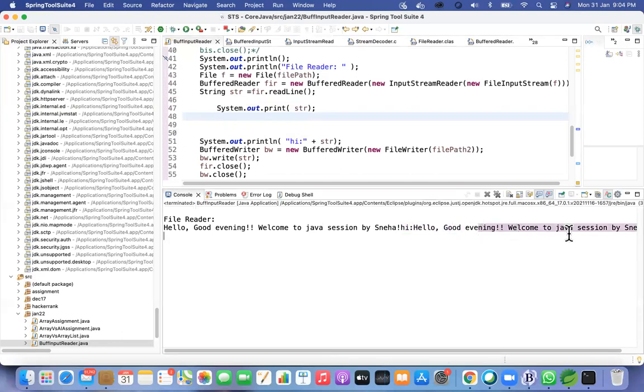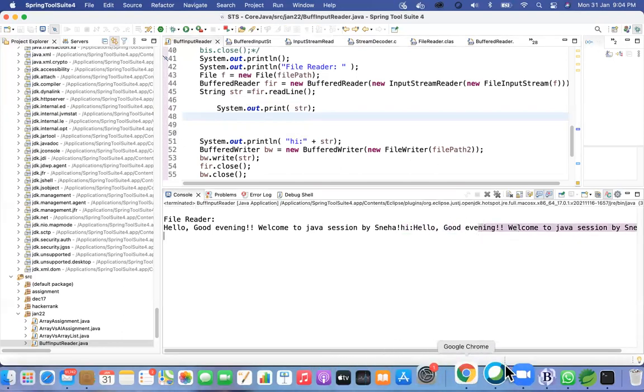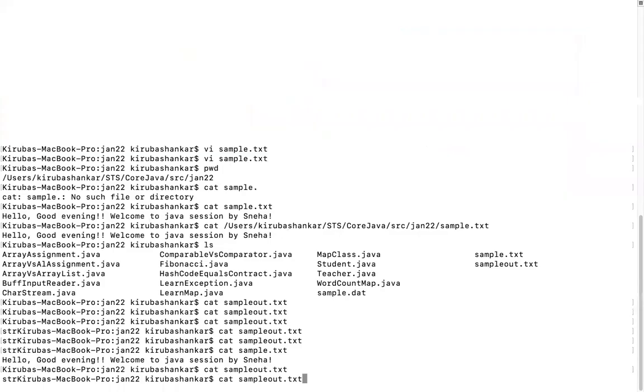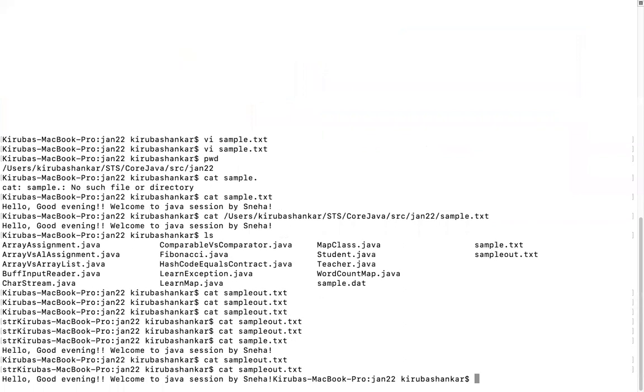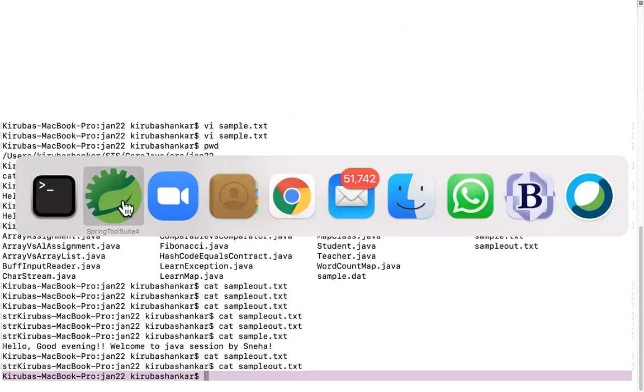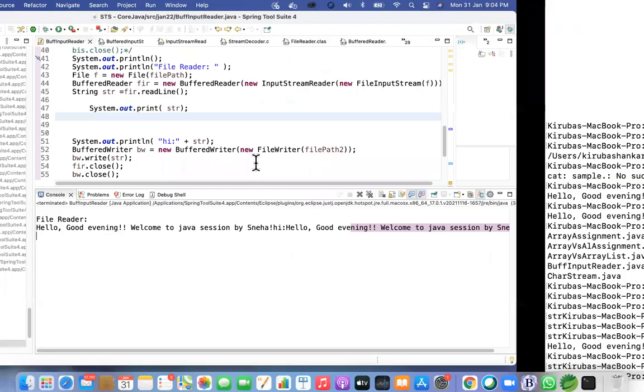Yeah. Now you have your data. Yeah, it's working fine. It has worked. This time it's working fine. That condition was the issue. Yeah, the while loop.